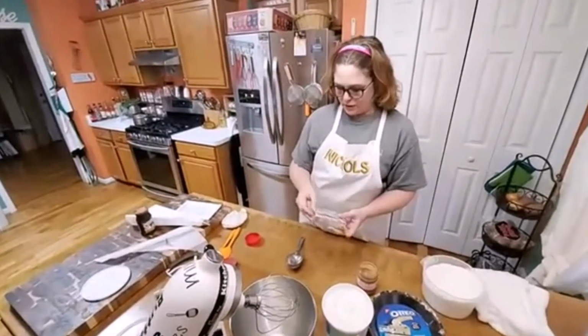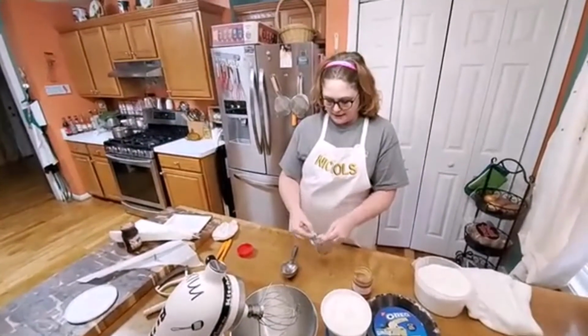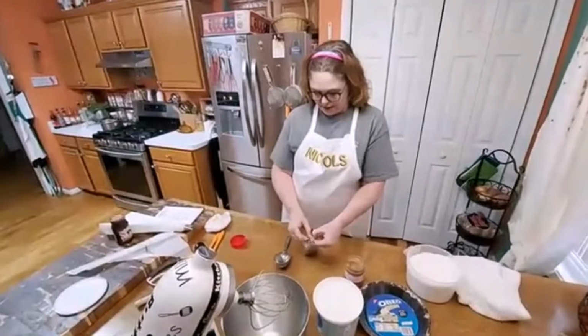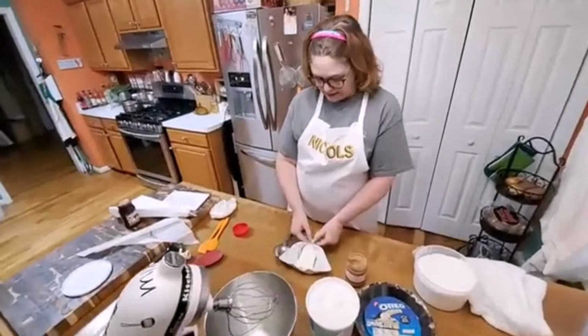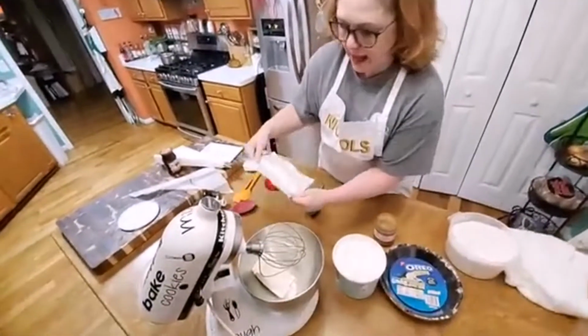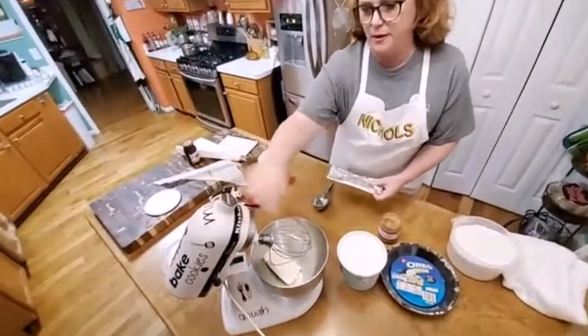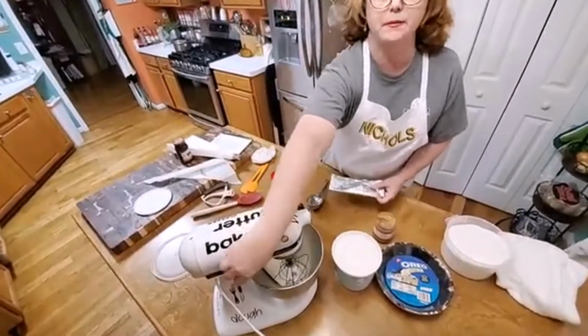So the first thing you do is you open an 8-ounce package of cream cheese and you put it in your mixer or your mixing bowl, whichever one you're using. Some of you don't have a stand mixer, so I'm going to use the whipping